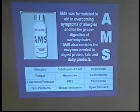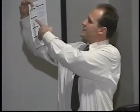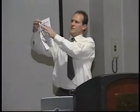So if you look at your sheet, here's a suggestion for enzyme deficiency. Here's dominant enzyme deficiency type A. That stands for amylase deficiency. You read that, it tells you your cakes, your pies, your breads, your pastas, increase your lean protein, vegetarian, eat high protein plants, soy, beans, a little bit on exercise, and then these are the enzymes that you would use. And then what you can do is take that amylase, and you turn the sheet over,